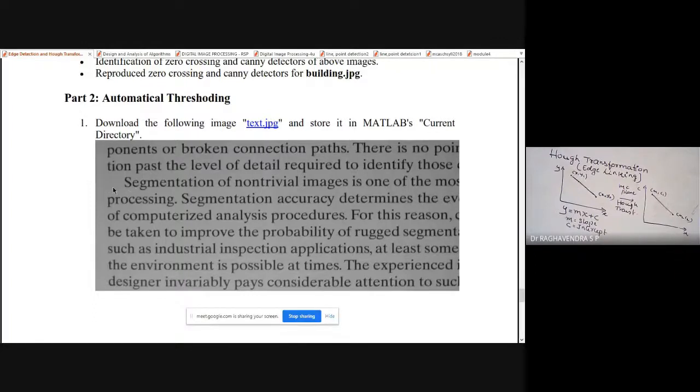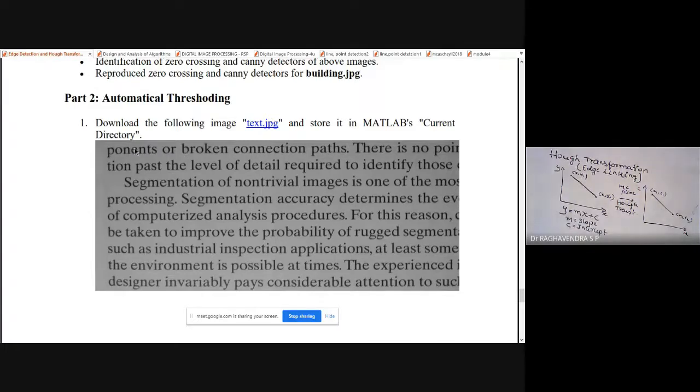So we have to remove this background so that we can highlight only the text, and this can be used in optical character recognition, OCR, because we have to segment each and every character and perform the OCR. Here, for example, "PO NE and ponents are broken" is shown. Here it reads PO NE NTS; we have to identify this as P, and we have to identify this as O N.